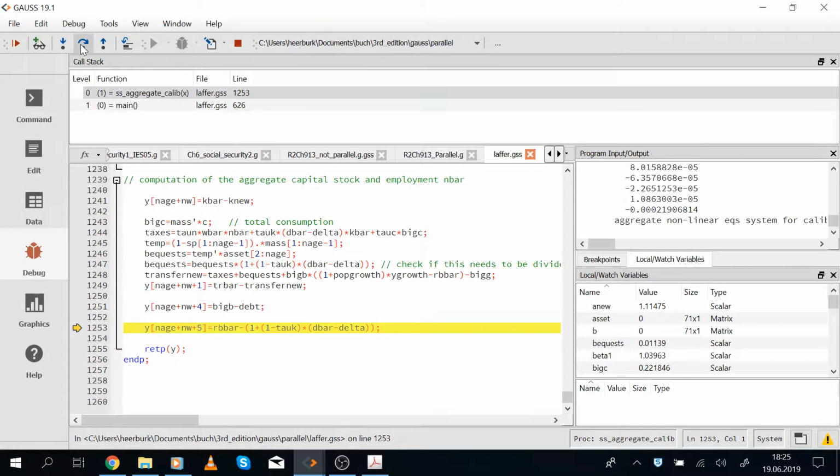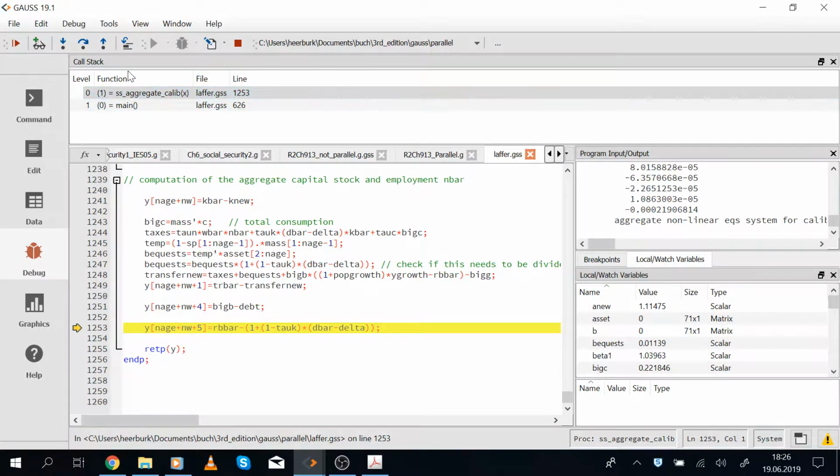So we calibrate beta such that the return on government bonds 4% is equal to the return on capital. And the return on capital depends on capital income taxes tau k and on depreciation delta. And this is how we calibrate beta in our procedure SS